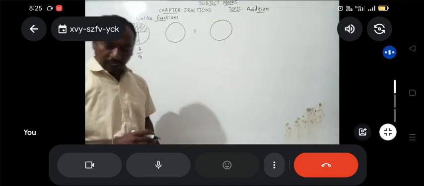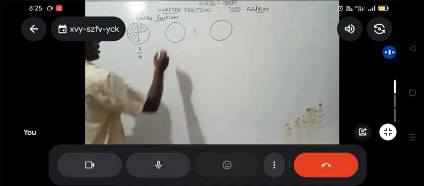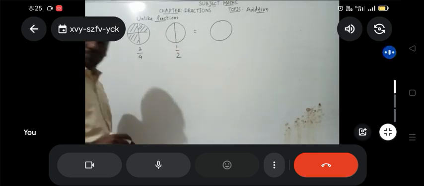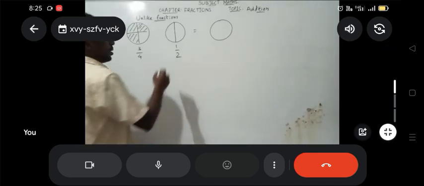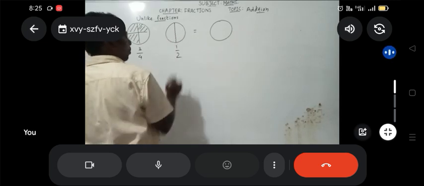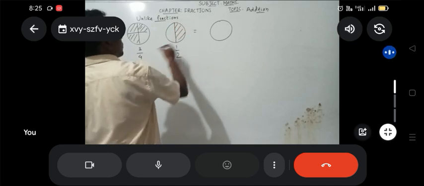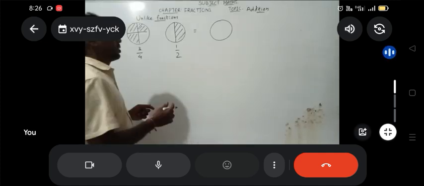Next, I am going to take another fraction, 1 by 2. The circle is divided into 2 parts. Among that, I am going to take 1 part. Okay. So now when I add, see here,